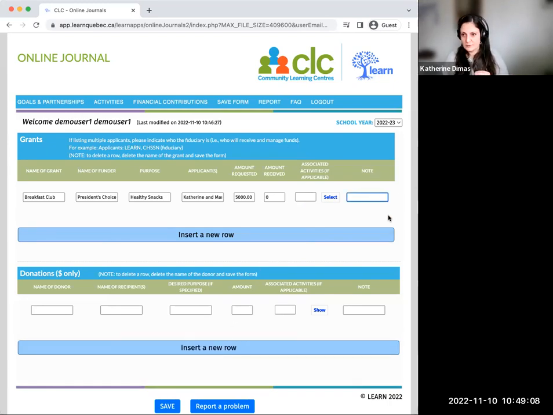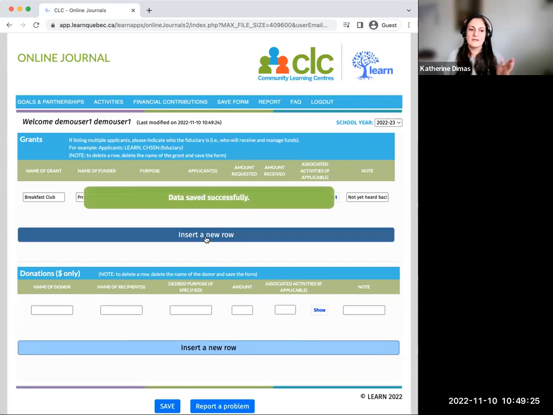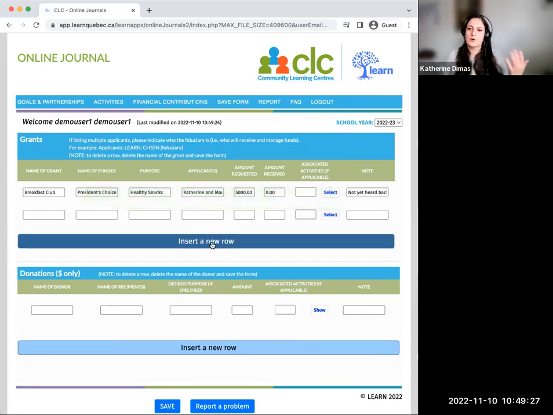And then if there's a note that you want to add here, "Not yet heard back." That's just a note for myself to know that I haven't heard back from them yet. And then if I've applied for another one, insert a new row. We haven't yet reached a limit, so you can do this for each of the grants. For the donations,